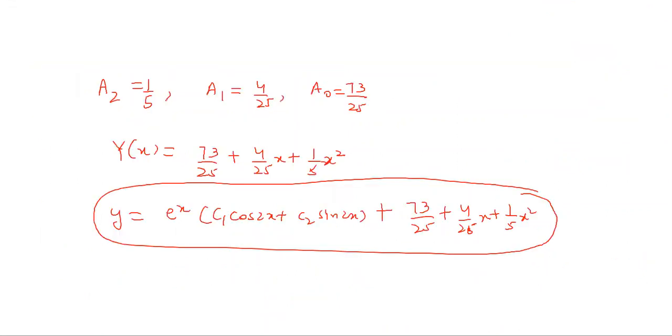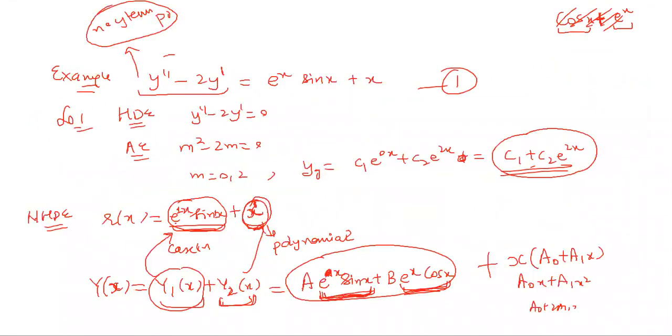But in this example, if you look at the left hand side of your differential equation, there is no y term present. There are only two terms, y dash and y double dash. There is no y term present. So in that case, whatever polynomial is here, it can be second degree, third degree, whatever degree it can be. After assuming it to be of the general type, I have to further multiply with x. Is that clear?